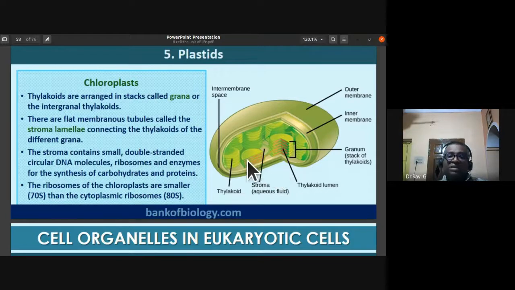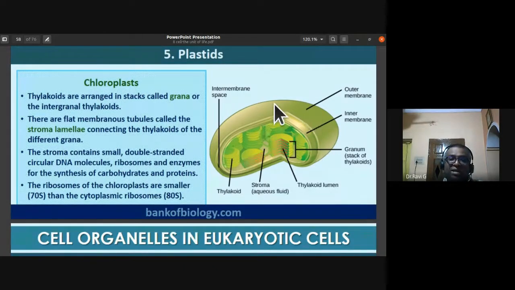What you notice here is you find both photosystem 1 and photosystem 2 in thylakoids, whereas only photosystem 1 is found in the fret or stroma lamellae. Photosystem 1 and photosystem 2 are involved in non-cyclic photophosphorylation. Only photosystem 1 is involved in cyclic photophosphorylation. We will discuss those concepts later when we come to the ultrastructure of chloroplast in the photosynthesis topic.